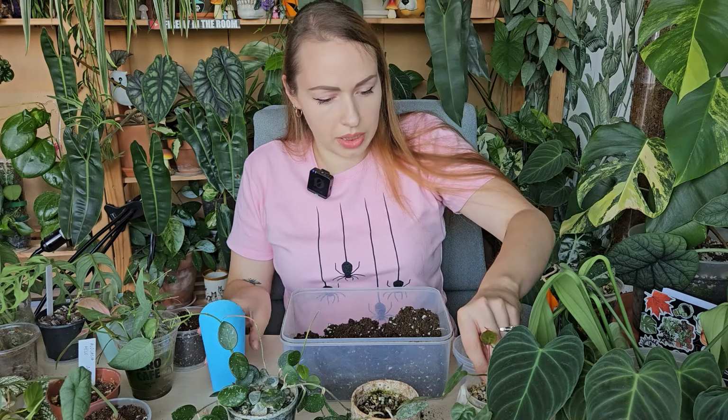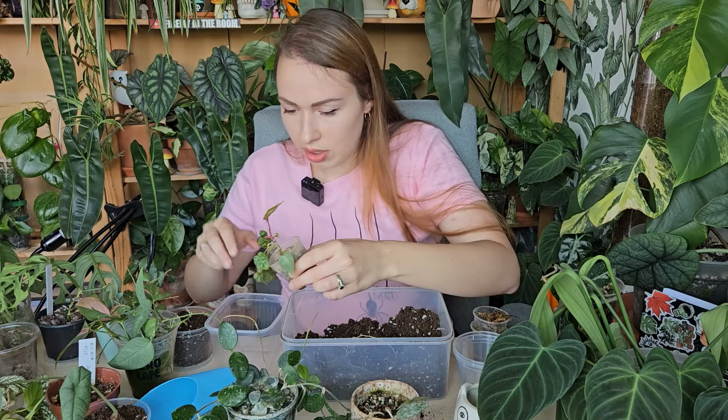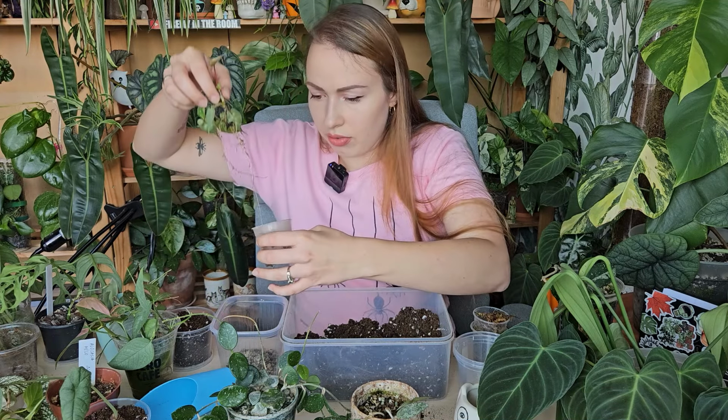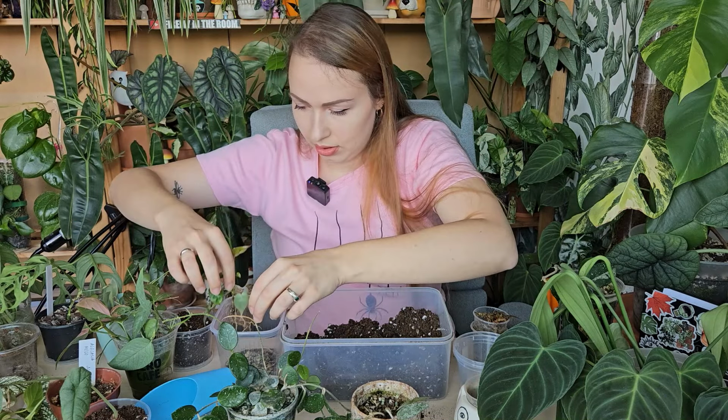Oh, we need to plant billbergia. Gosh, with that crazy root. Okay, so I'll put the old perlite into the dish. We'll clean it off and reuse it for the later generation of the plants. But look at this. This is actually a happy looking plant. I don't know what was the deal with this dude, but